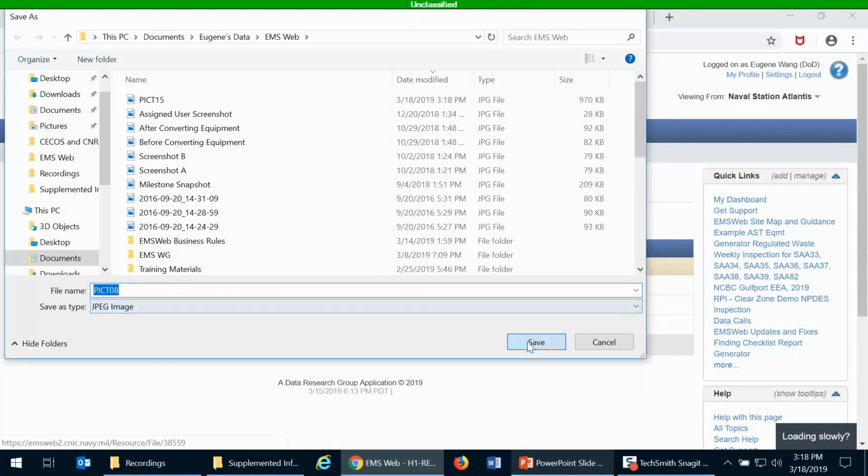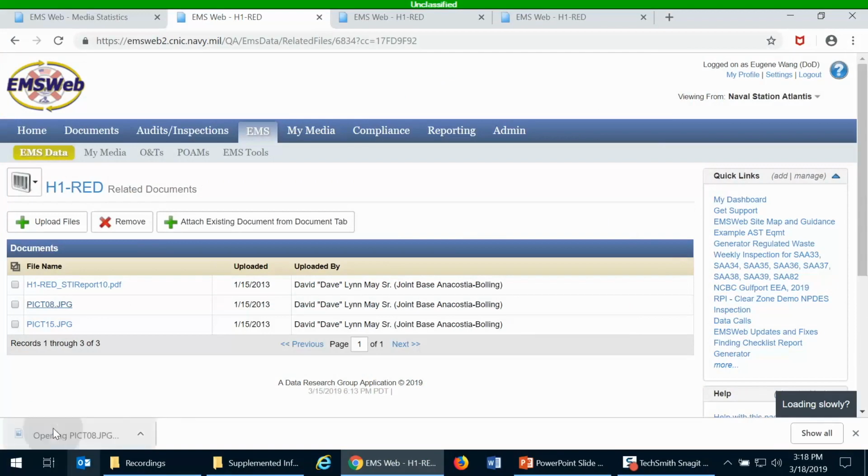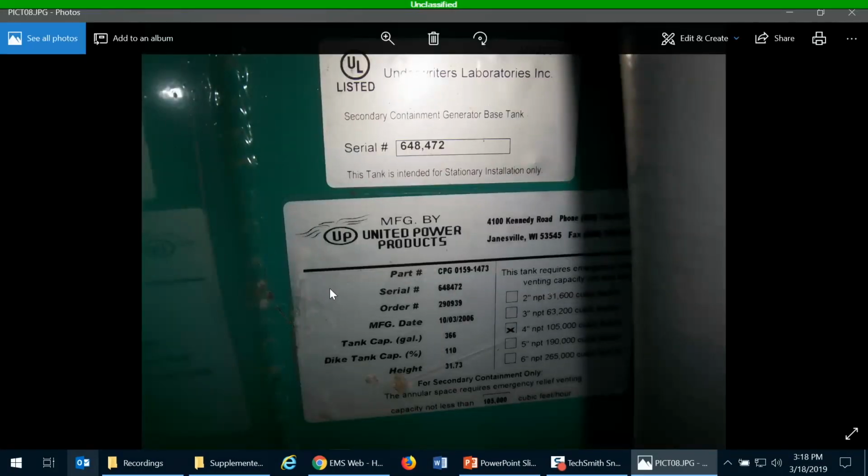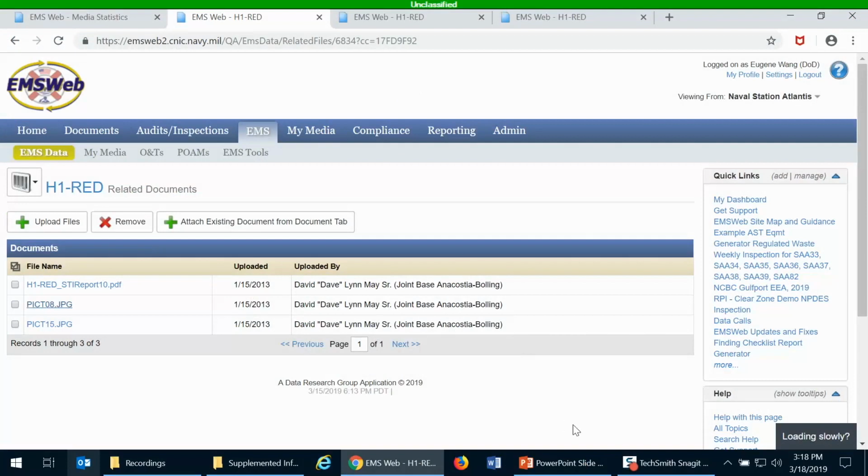And then, the second picture also shows some detail on it. Here's the exact label on that piece of equipment. So these are things that you can't do readily with a spreadsheet. And once that information gets into EMS Web, it's going to be saved there, and